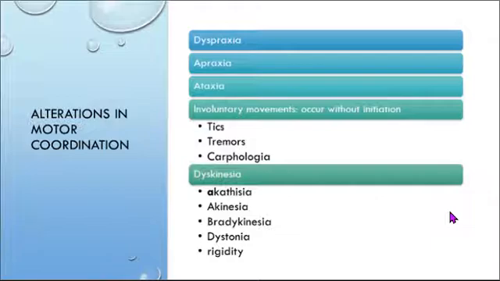Involuntary movements: tics are semi-involuntary movements that are sudden and repetitive, non-rhythmic. It can also be in their voice muscles. The patient may be able to suppress them, but with discomfort or anxiety. Tremors are unintentional rhythmic movements. So your tics are not rhythmic, your tremors are rhythmic. Carphologia is lint-picking behavior, often seen in dementia. Dyskinesia,